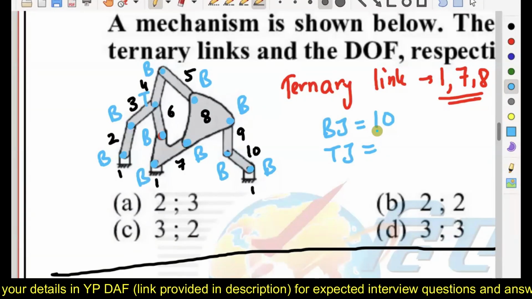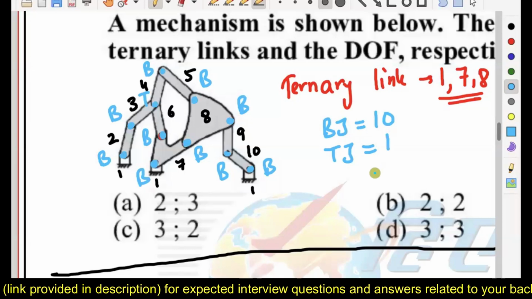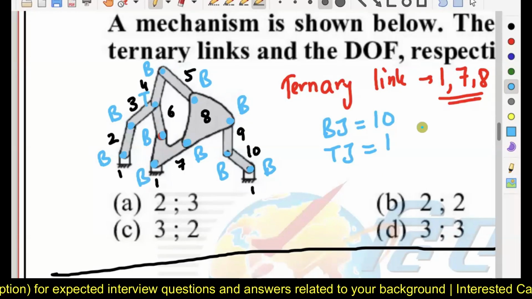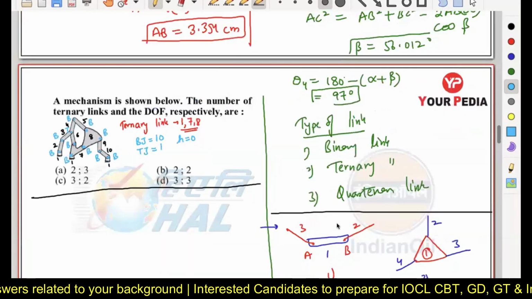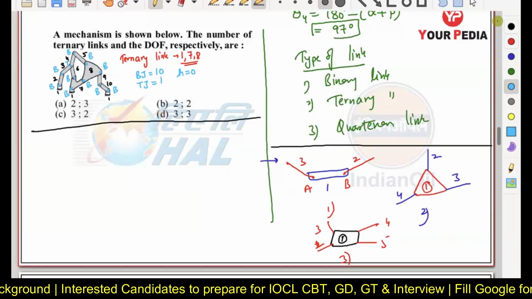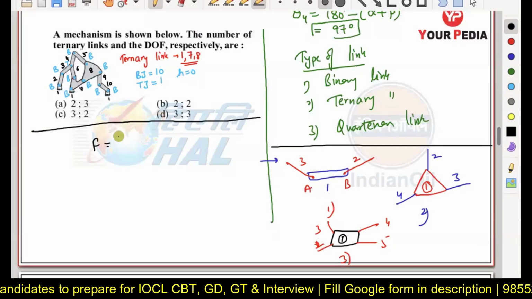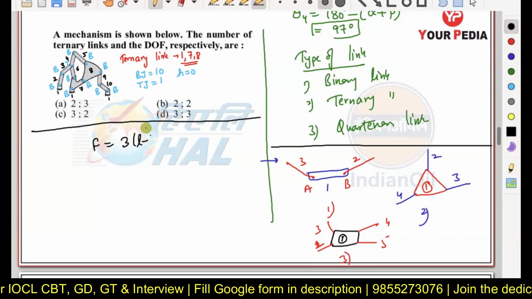Okay. Now, how many ternary joints are there? One ternary joint is there. Do we have any higher pair? Higher pairs are zero here. So, whenever you are calculating the degree of freedom, it has a formula 3(L minus 1) minus